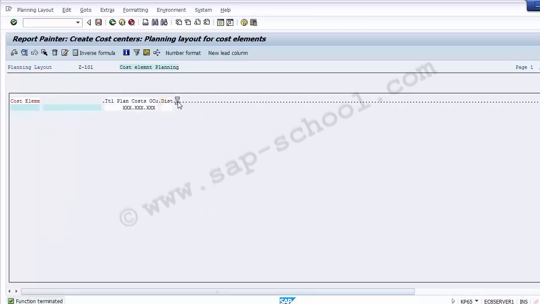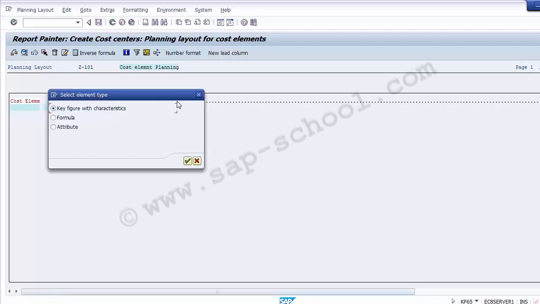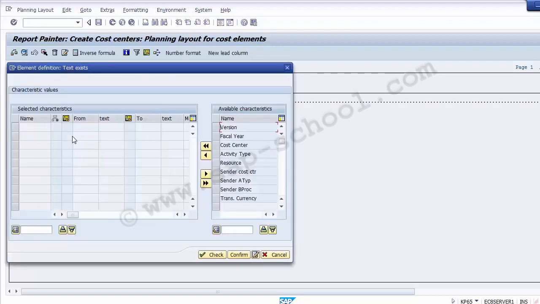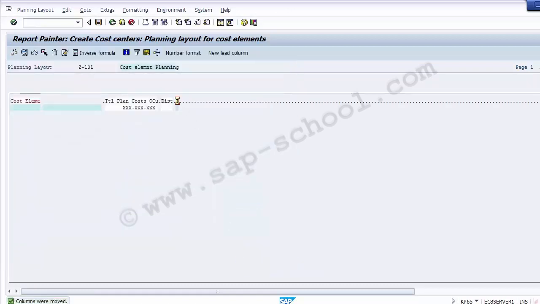Similarly, you can add further more columns. Double click on the next column, select the attributes, then enter, and then over here again you need to select the distribution key. Or you can take something else as well if you need. If you want text to be taken, you can take text over here. Once you take in the text and confirm on the enter, again it takes you to the next screen, the element definition text exists, and you can confirm this part,